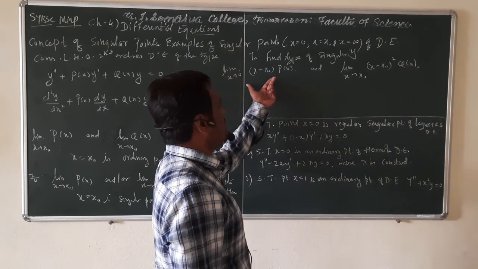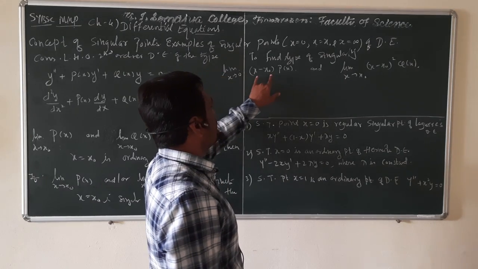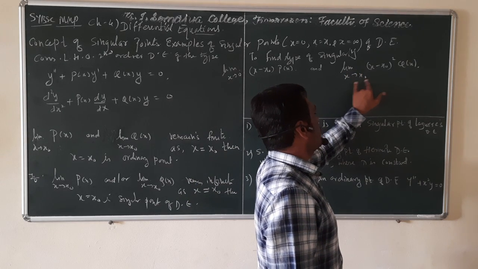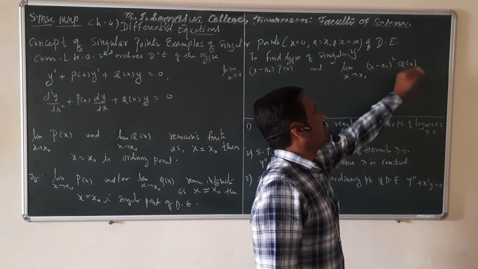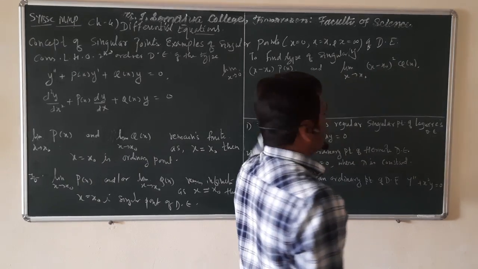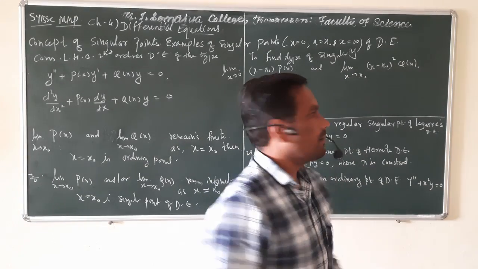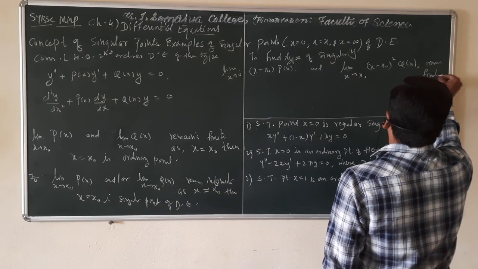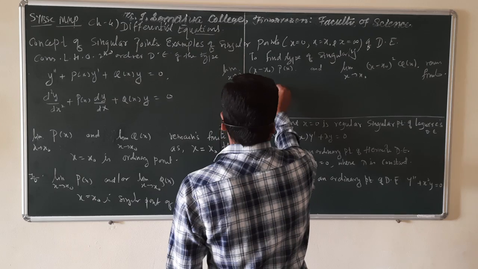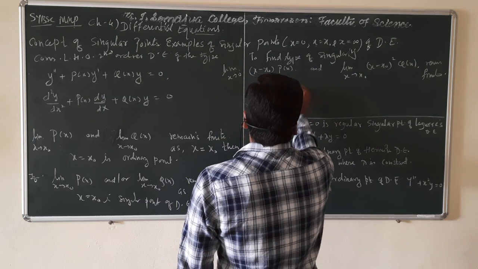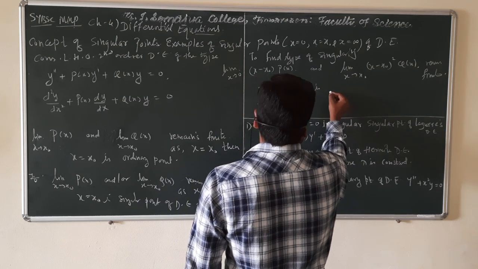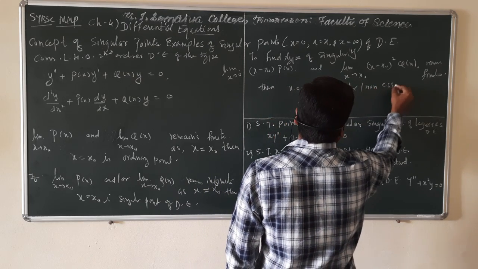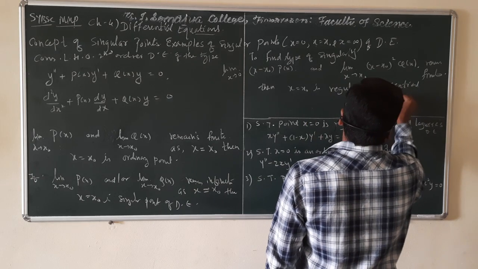If both these limits, limit as x tends to x0 of (x minus x0) multiplied by p of x, and limit as x tends to x0 of (x minus x0) square q of x, both remain finite, then x is equal to x0 is a regular or non-essential singular point